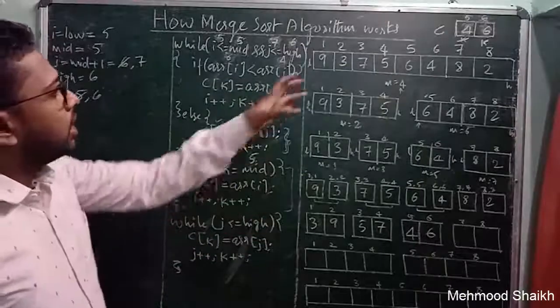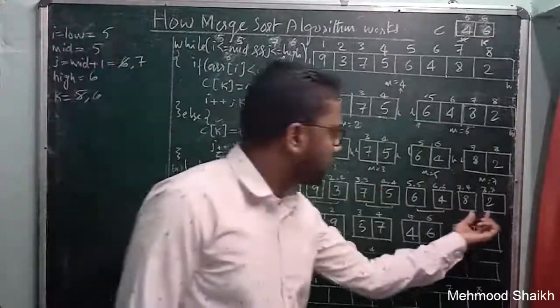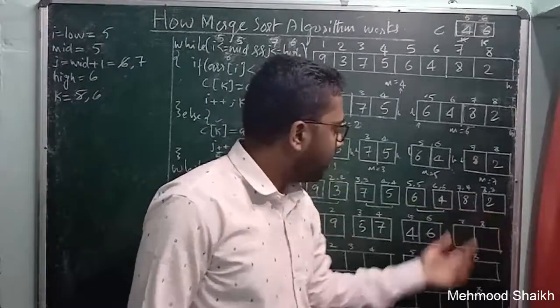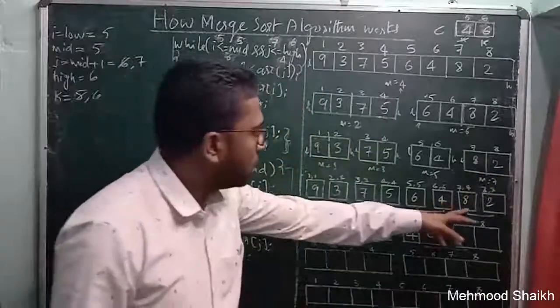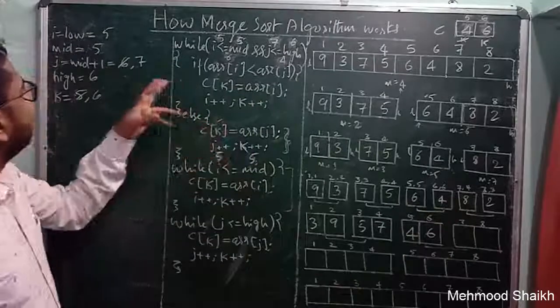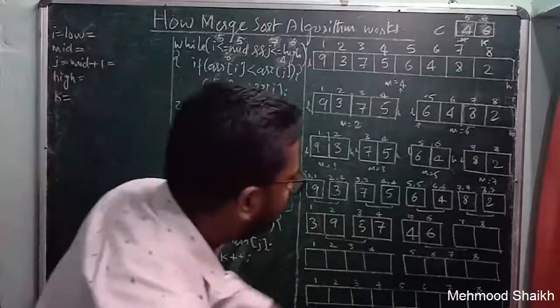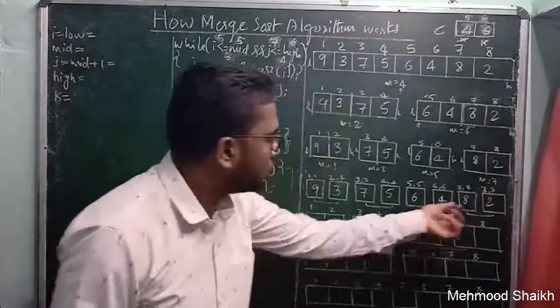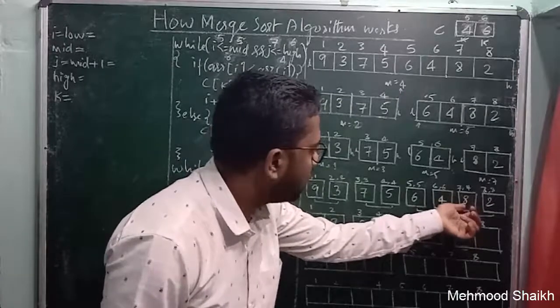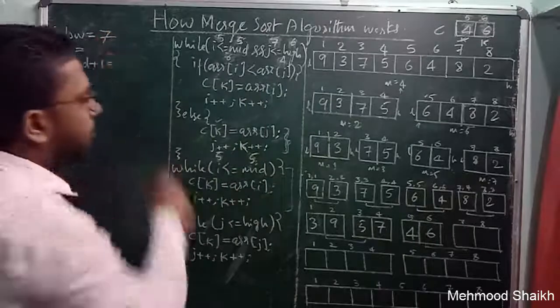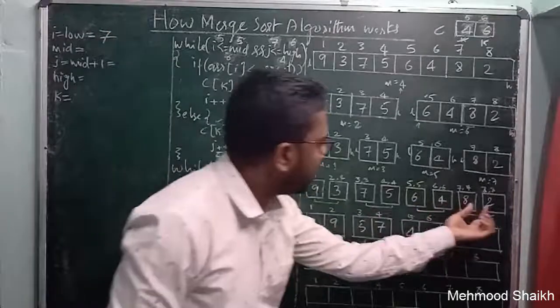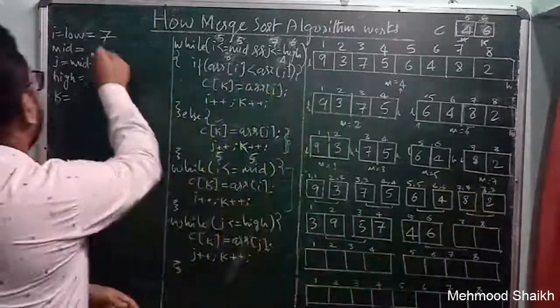Okay, so now we have to solve these two sub problems as well. Okay, so we have to do the same thing for solving these two sub problems as well. So here let us first come and change the values. Now I need to merge these two sub problems. So for the first initial value for these two sub problems, I will be 7. Okay, and mid will be, for these two sub problems, mid will be 7.